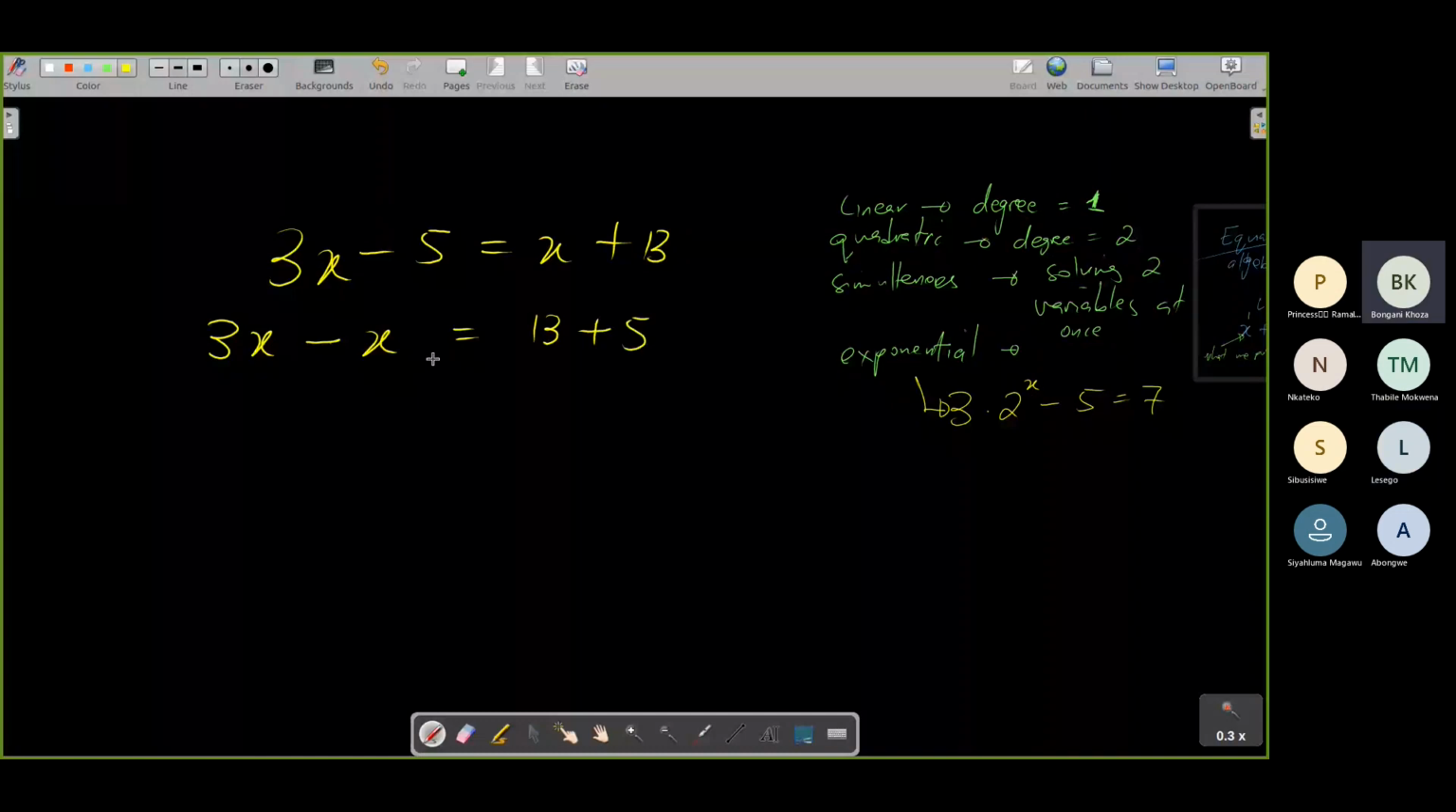And then from there, these are now like terms. Those are like terms as well. So we are dealing with here 3 minus 1, which is just 2x. And then this is equal to, this is going to give us 18, I hope. Right. So now we have